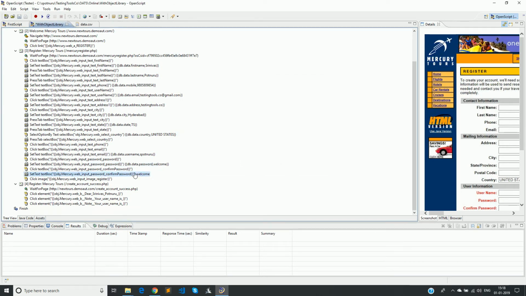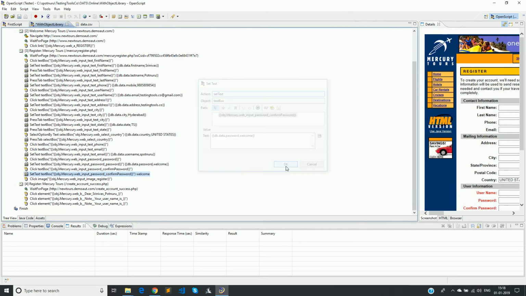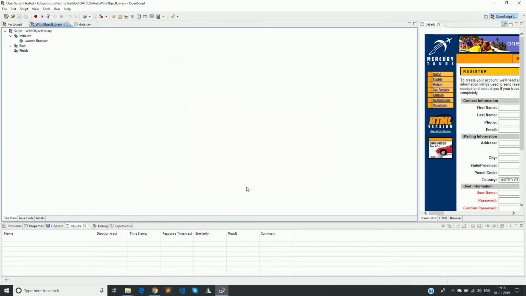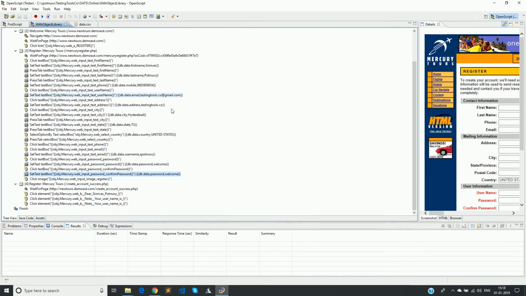Both password and confirm password will have the same value. Click on OK. So we have parameterized all the fields here. You see here all the fields have been changed.